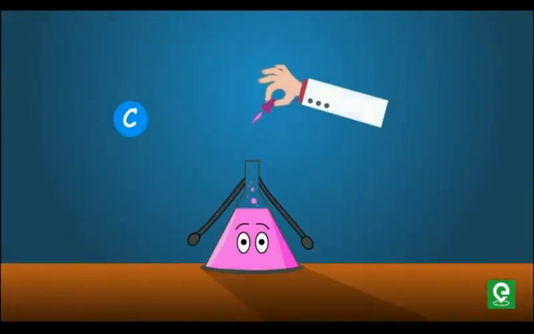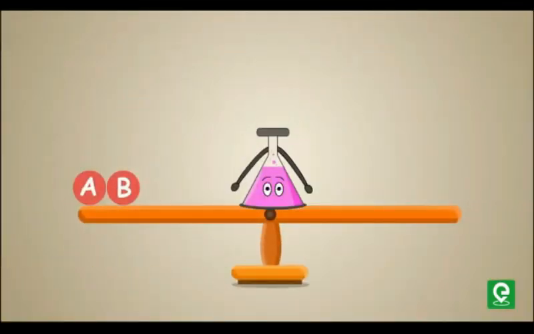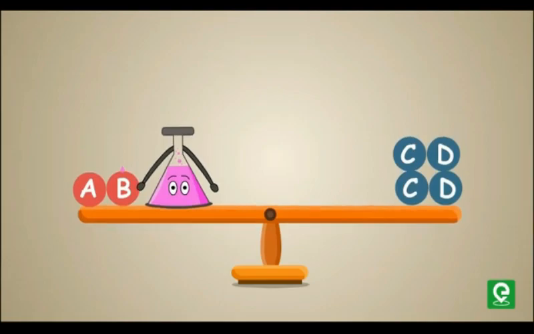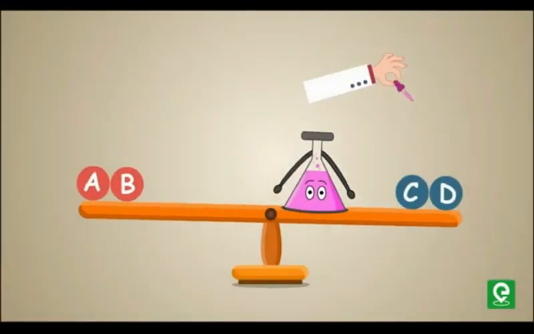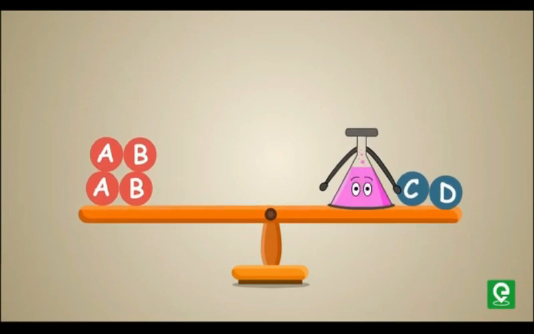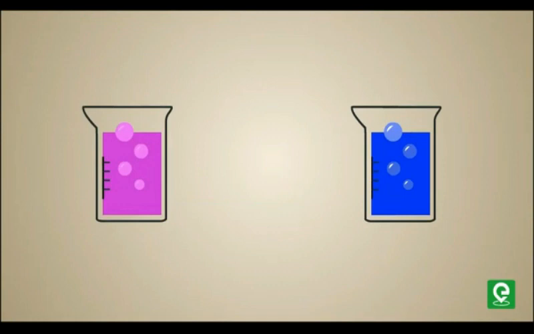Concentration can be changed by adding reactants or products to a reaction. If you add reactants, the system will start creating more products to reduce the concentration of reactants and restore equilibrium. If you add products, the backward reaction will start occurring at a faster rate to reduce the concentration of products and restore equilibrium. For example, two different colored cobalt complex ions